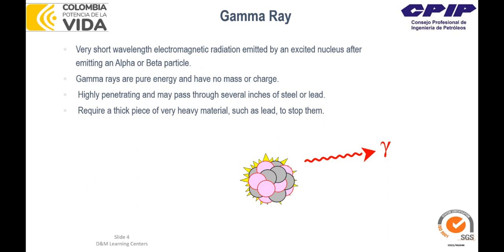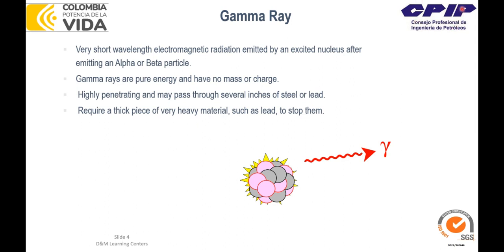So, some more details about the gamma ray. Gamma rays have high energy, and they are emitted at the speed of light. Naturally occurring gamma rays have energies between 0.04 and 3.2 mega electron volts, and gamma rays are highly penetrating and may be detected after passing through several inches of steel. By measuring how the gamma ray is attenuated in the formation, the density and the photoelectric factor can be inferred. Okay,